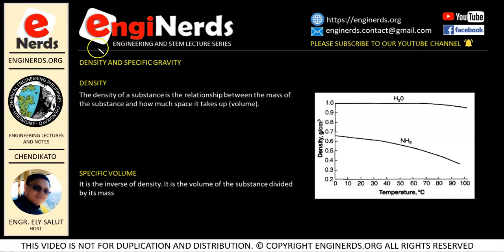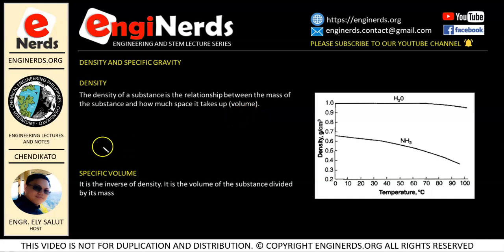Let us talk about density and specific gravity. Well, very useful when we are studying engineering and other branches of sciences, including chemistry, physics, and even environmental science. No? Well, first let us discuss density. The density of a substance is the relationship between the mass of the substance and how much space it occupies,